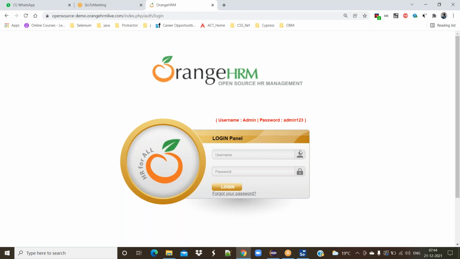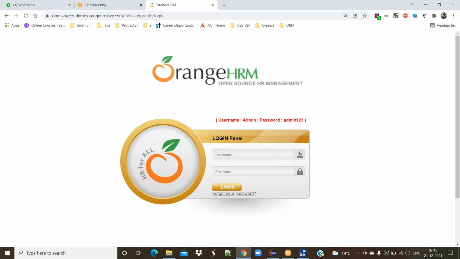If you ask Selenium to click, it will click. If you ask Selenium to type, it will type. If you ask Selenium to do drag and drop, it can do that. But you are supposed to tell one more parameter at the same time. If you ask Selenium to type, you have to tell where it's supposed to be typed. If you ask it to click, you have to say on which element it is supposed to click.